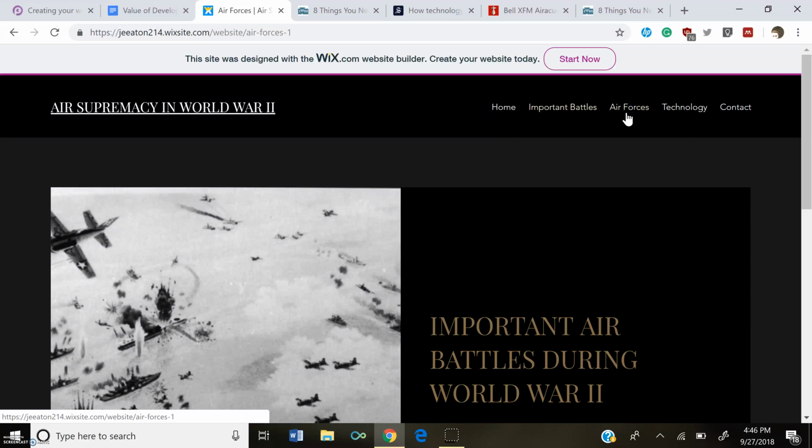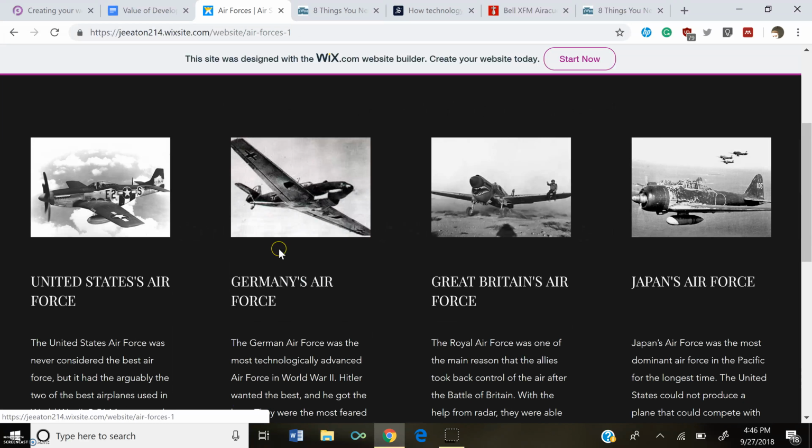If I go to Air Forces, you'll see the 4 different main air forces that were used: the United States Air Force, Germany's Air Force, Great Britain's Air Force, Japan's Air Force, and the different airplanes. The P-51 Mustang for the United States, the Bf-109 for Germany, the Spitfire for Great Britain, and the Japanese Zero